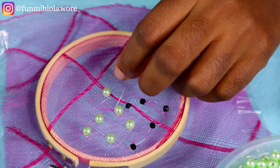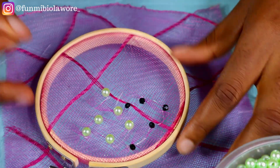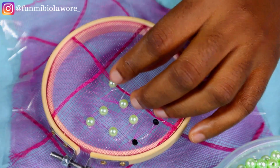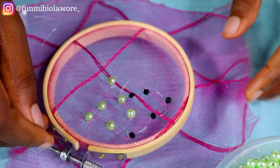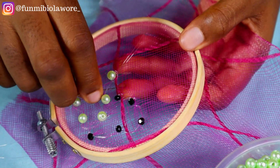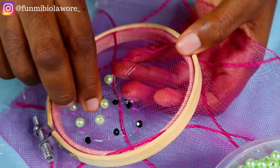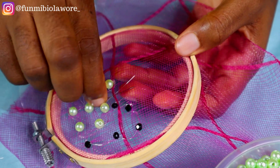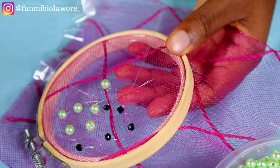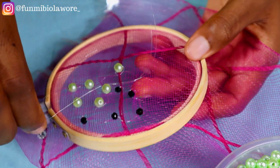Alright guys, so I hope we all saw how I went about beading up until this point. Some important things that you should take note of if you ever want to create a dress design, or if you get a job where someone is asking you to bead on crinoline for them for an outfit. One thing you need to take note of is that it's most advisable to use fishing line when